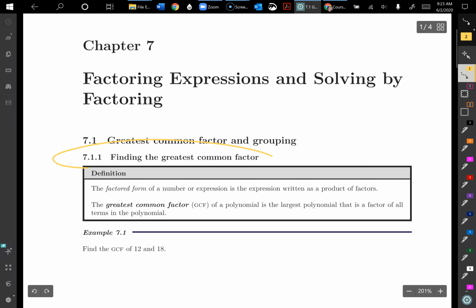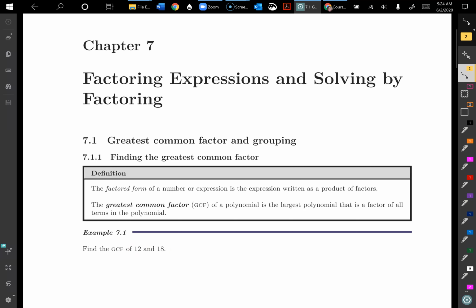Finding the greatest common factor. The factored form of a number or expression is the expression written as a product of factors. The greatest common factor, or we often say GCF, of a polynomial is the largest polynomial that is a factor of all terms in the polynomial. So it has to go into every single one. So we're looking at what is the biggest number or monomial, as we'll get to later, but what's the biggest value that goes into